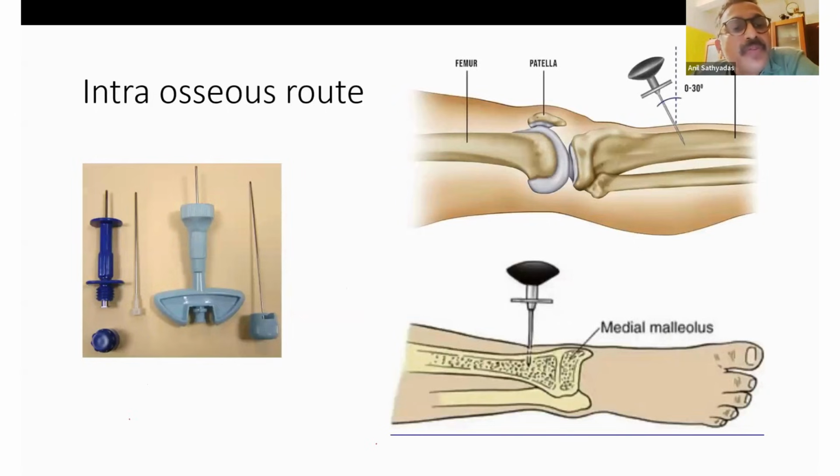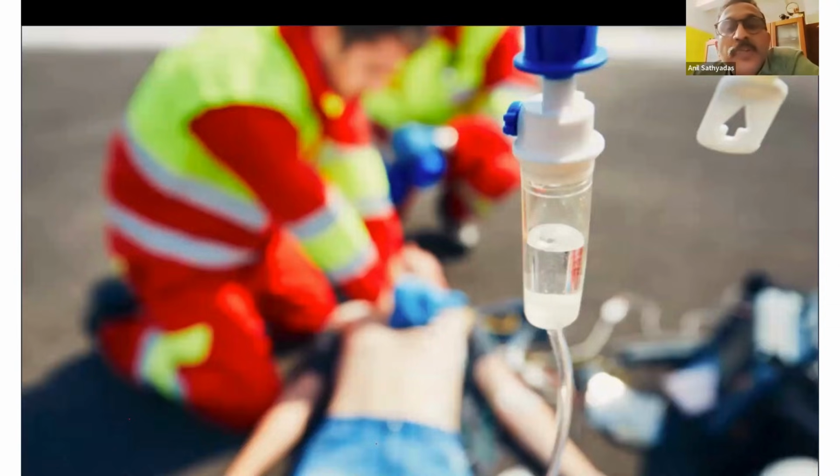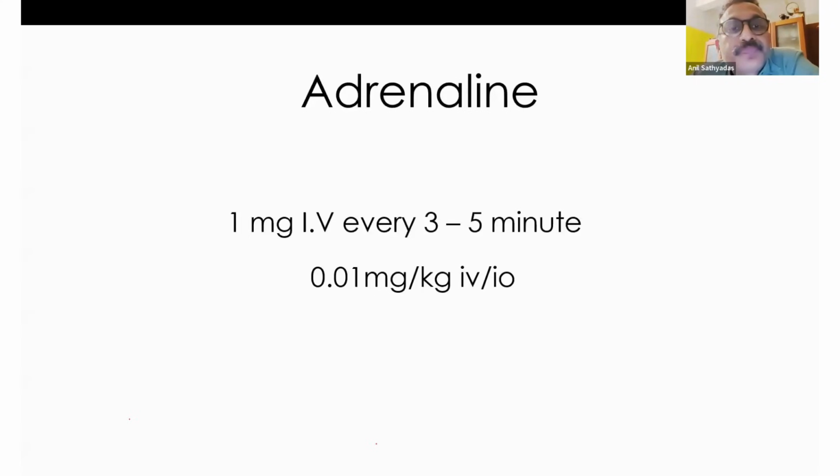Intraosseous options are there. You have to have an intraosseous needle, and even a 16-gauge cannula would do if you don't have any other resource. So the sites are usually the medial tibia, just below the tibial tuberosity, medial part of the leg, and also the medial malleolus on the medial side. So we'll go to the drug session. We talked about adrenaline and the dose being 1 milligram every 3 to 5 minutes. Okay. And it's a very high dose.